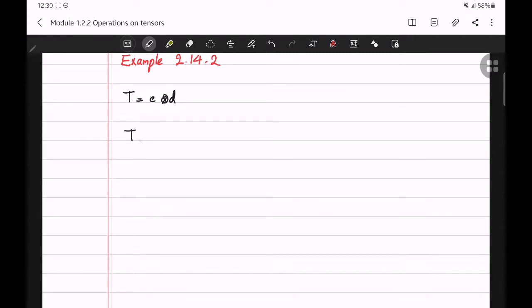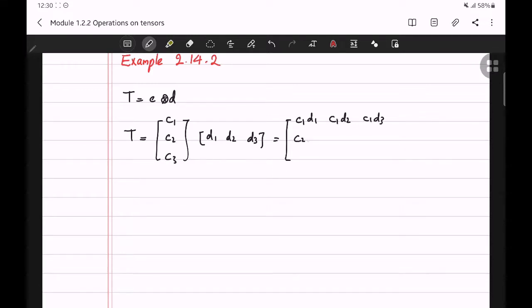So we can write C is equal to C1, C2, C3, dyad D1, D2, D3, which is equal to C1 D1, C1 D2, C1 D3. This is C2 D1, C2 D2, C2 D3. And this is C3 D1, C3 D2, and this is C3 D3. So if we take the determinant